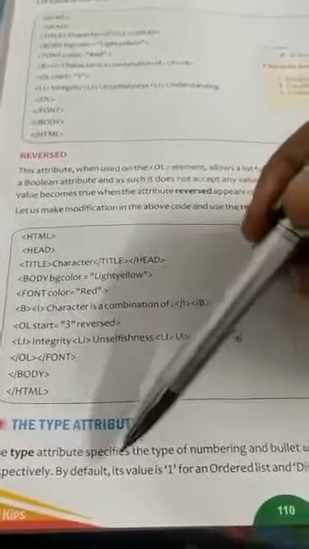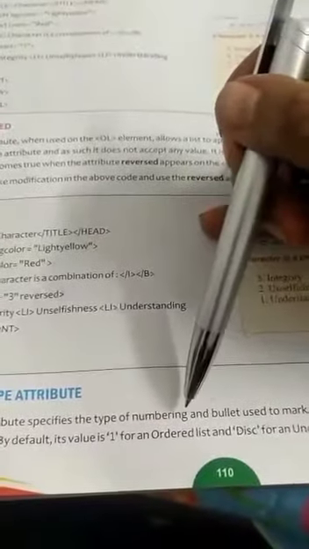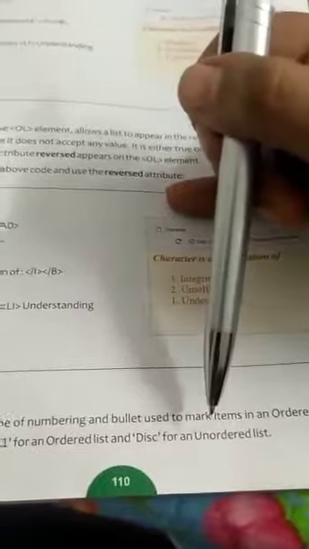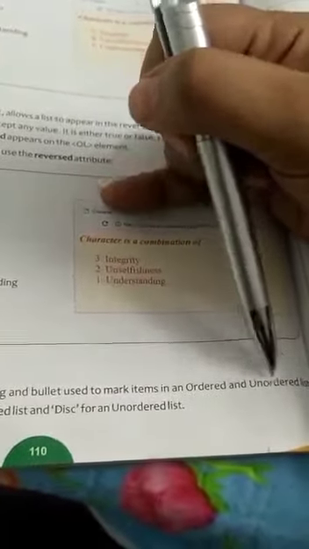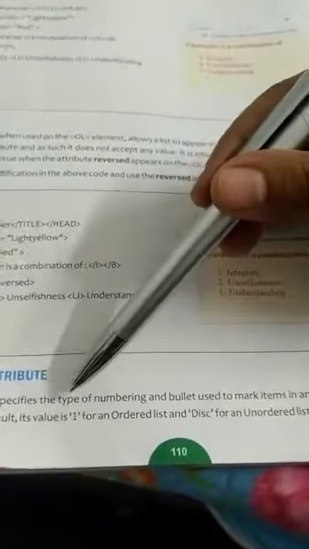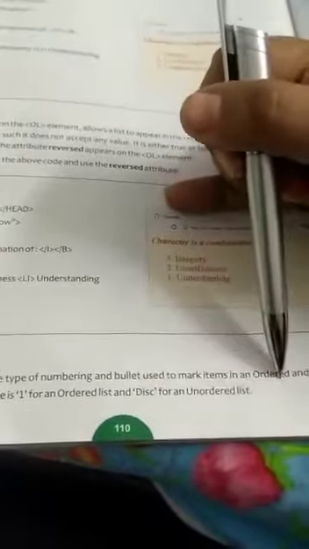The type attribute specifies the type of numbering and bullet used to mark items in an unordered or ordered list. So this attribute specifies the type of numbering in an ordered list and the type of bullets in an unordered list to mark items in these respective lists.